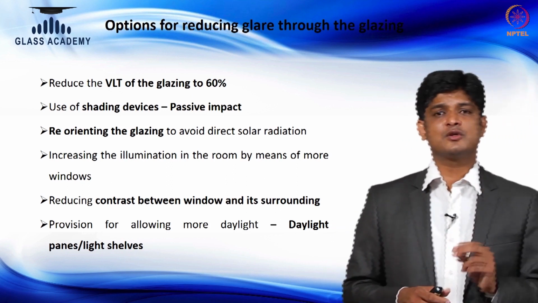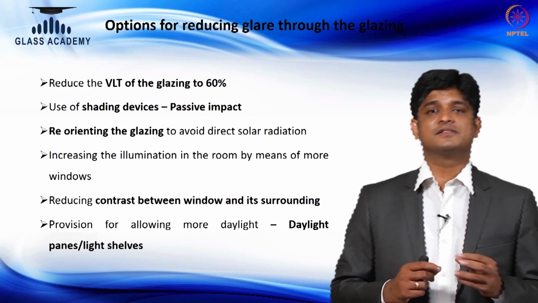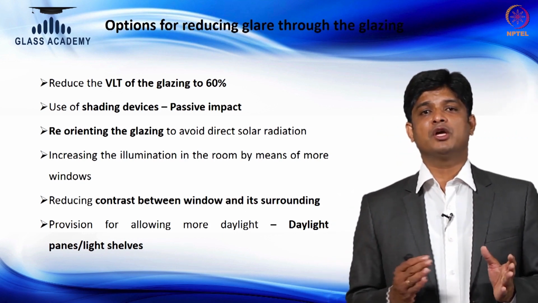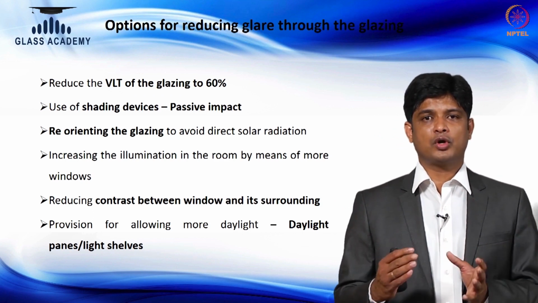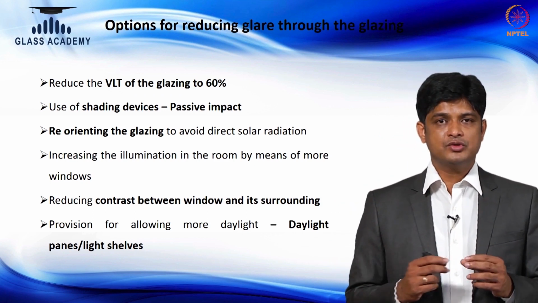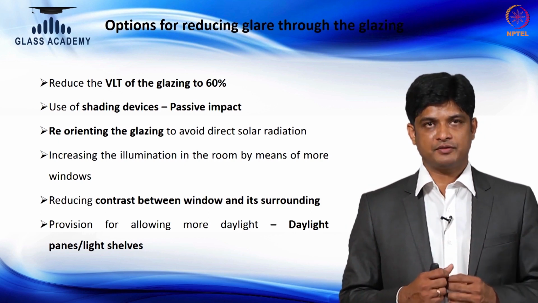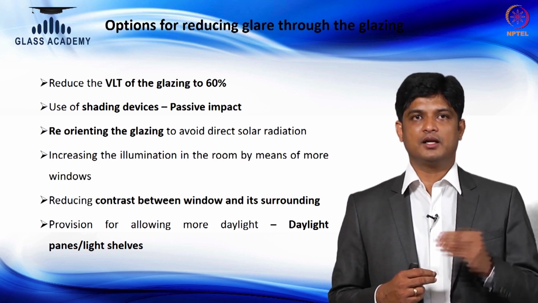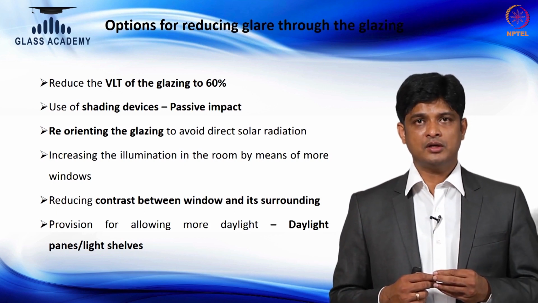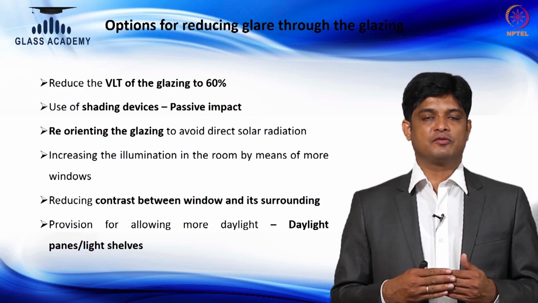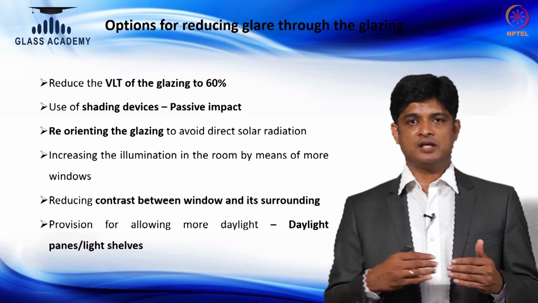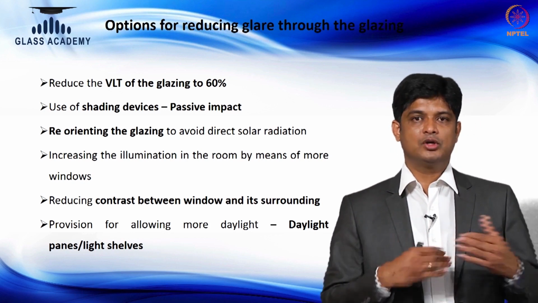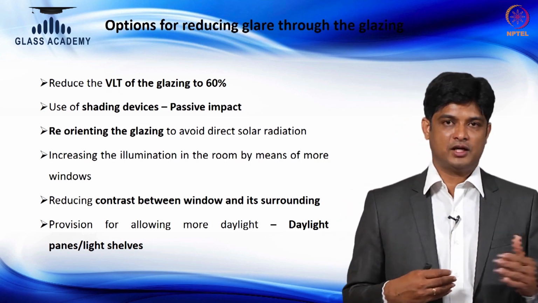There are some suggestions also given in the code, which help you make the design in the basic stages itself more ECBC compliant. They're saying ideally try to make your window wall ratio in the range of 0 to 40 or 40 to 60, in these two bandwidths, so that you can play with the materials to make the building more energy efficient. Or you can use shading devices, which ideally have a huge impact on the overall light and heat coming in. As I said, orientation, or we need to play with the light transmission of glass to control the external lighting level against the inside lighting level requirement, or we can use shading devices or daylight paints to harvest more, or cut the light. So either or options.